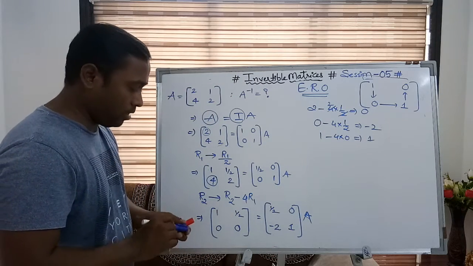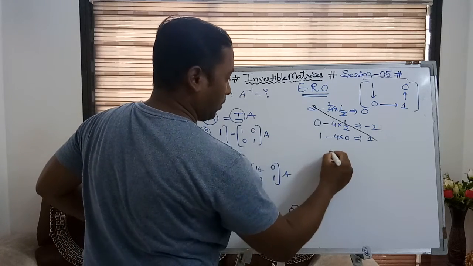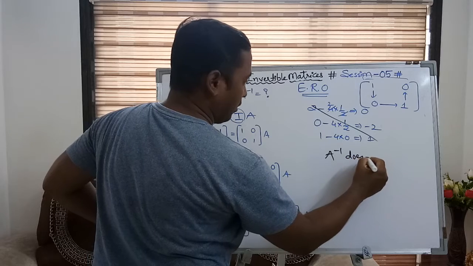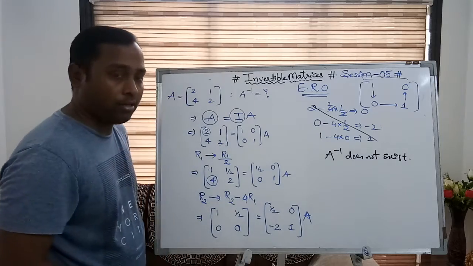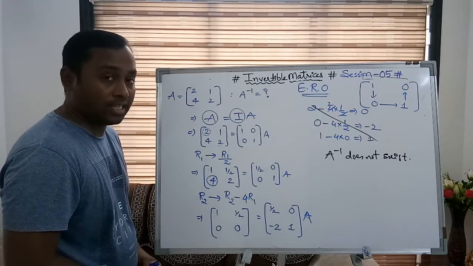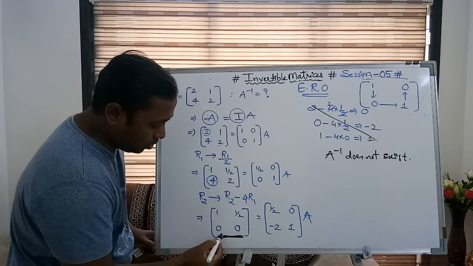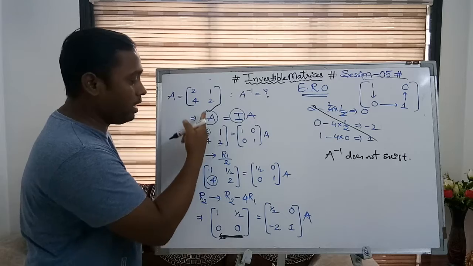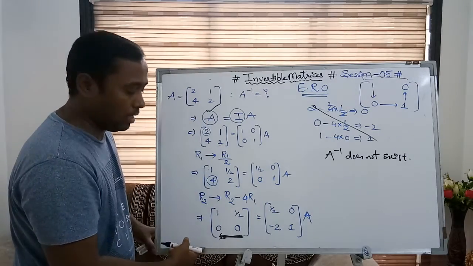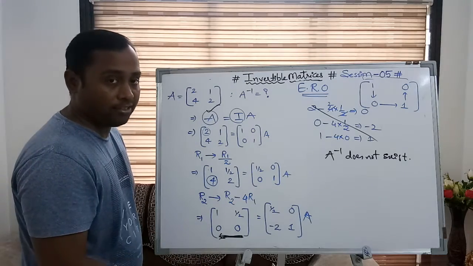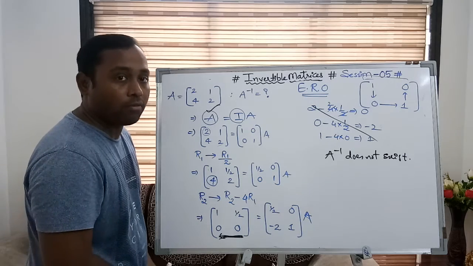Now further we can simply say here that A inverse does not exist. A inverse does not exist. Surprise, right? Simple, isn't it? How can I say this? If you observe the elements, the second row elements of the left hand side matrix have become 0 by doing this operation. Wherever you get this case, you can simply say its inverse does not exist. No need to solve further.